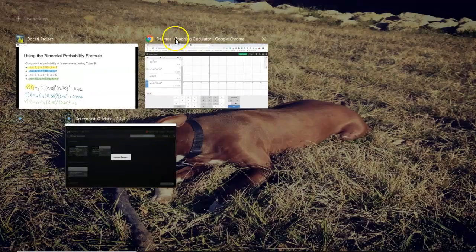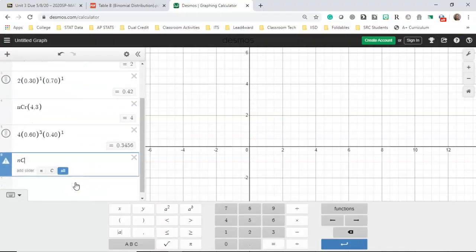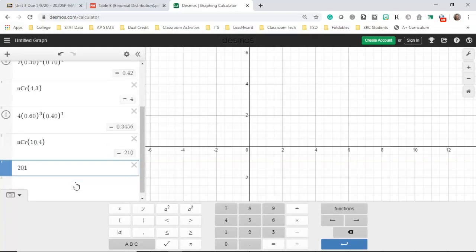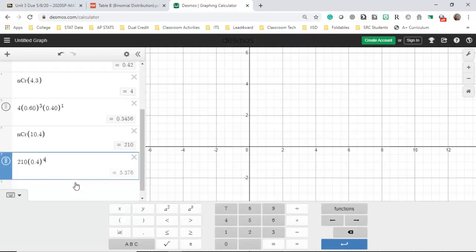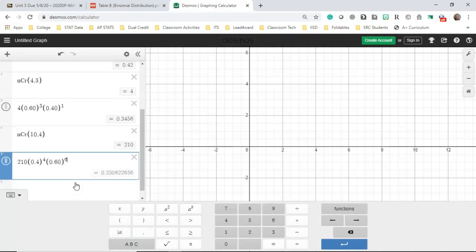And then to evaluate that, go over here. So nCr, 10, 4. So 10 choose 4. So there's 210 outcomes. 210 times 0.4 raised to the 4th power, and then 0.60 raised to the 6th power. And if you notice, we get